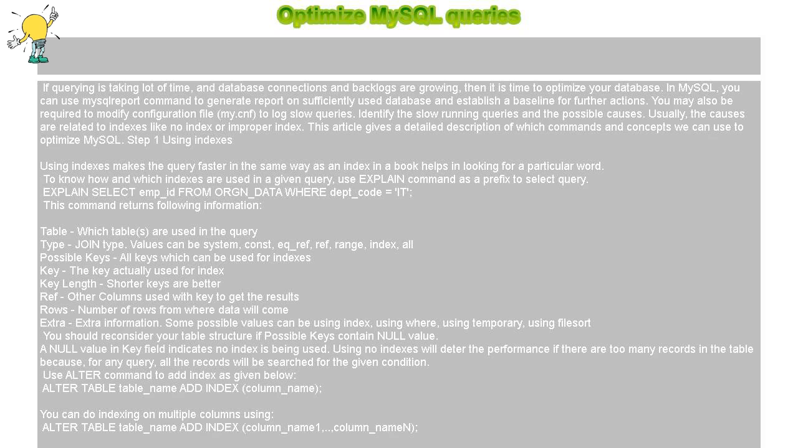Optimize MySQL queries. If querying is taking a lot of time, and database connections and backlogs are growing, then it is time to optimize your database. In MySQL, you can use the mysqlreport command to generate a report on the database's usage and establish a baseline for further actions. You may also be required to modify